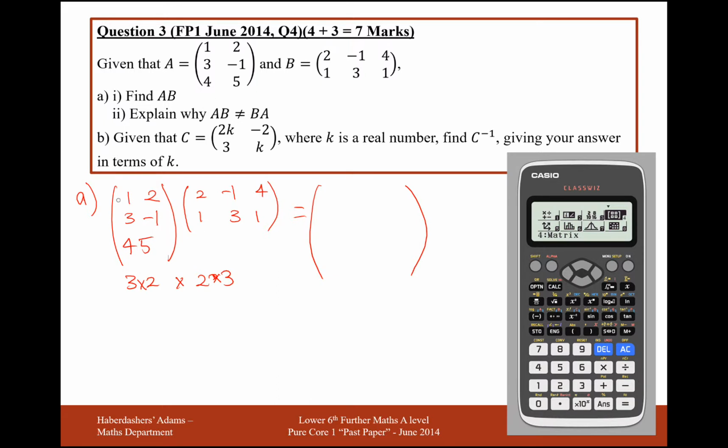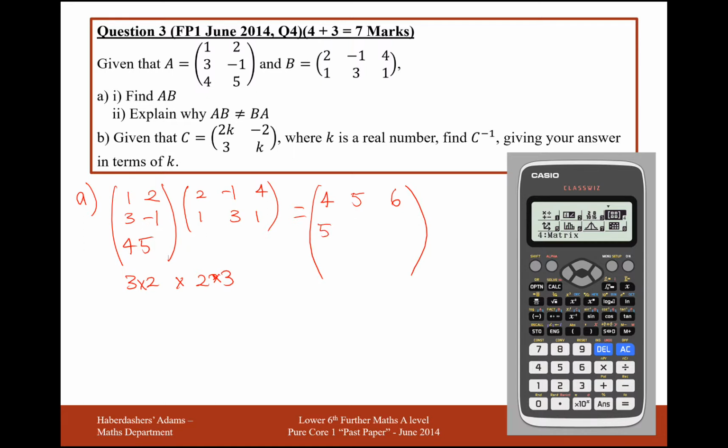So what we do with matrices here is we multiply along the row and down the column. So 2 times 1 is 2, add 2 times 1 is 4. So I'm going to work down these columns in the second matrix, and then after I've done all 3 columns I'll go down to the next row in the first matrix and work down those columns there. So 1 times minus 1 is minus 1, add the 6 is 5, 4, 6. Okay, going down to this 3 minus 1 now, it would be 6, take away 1 is 5,